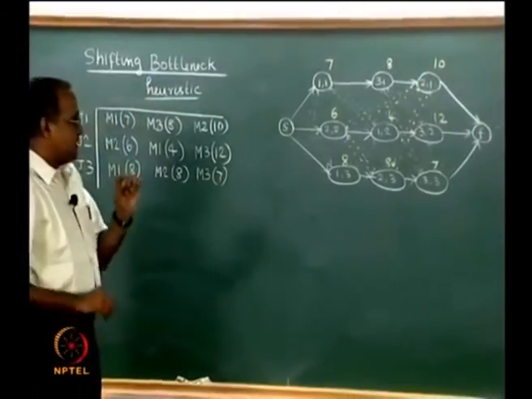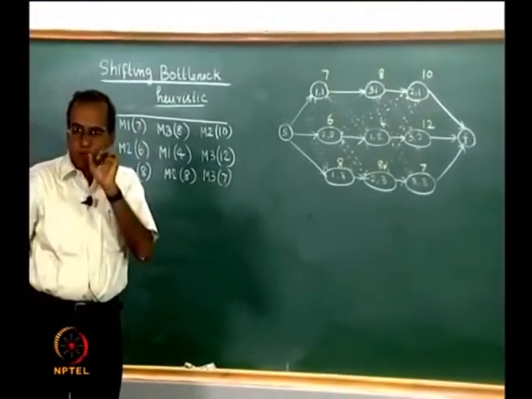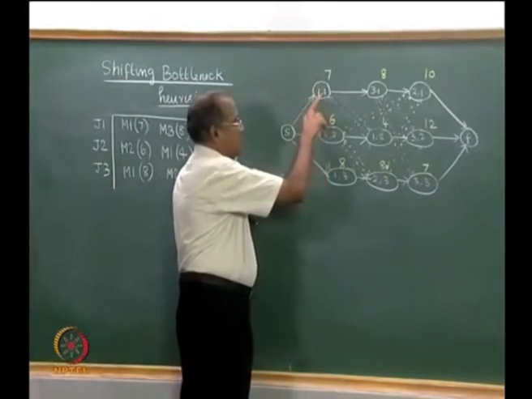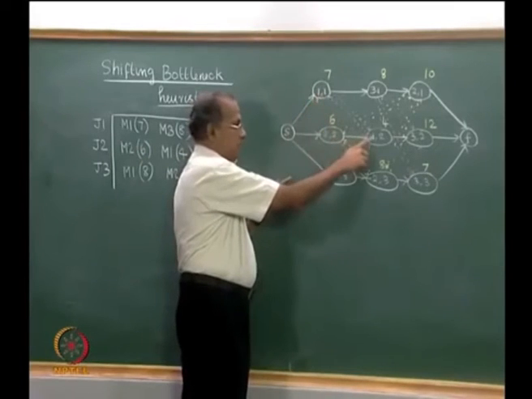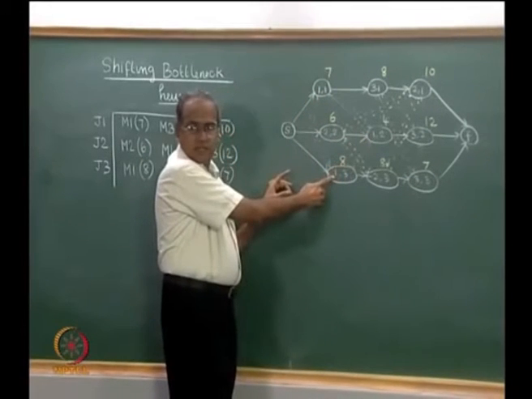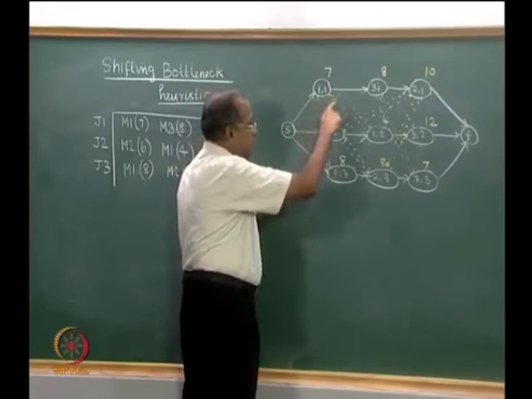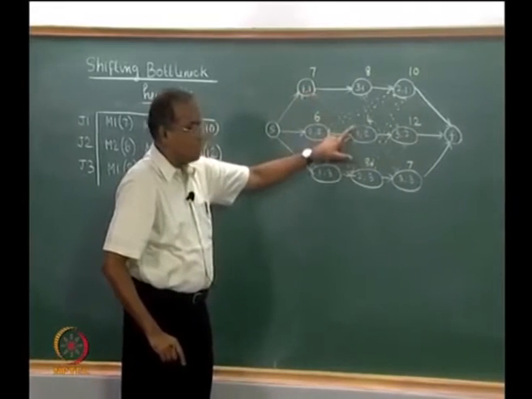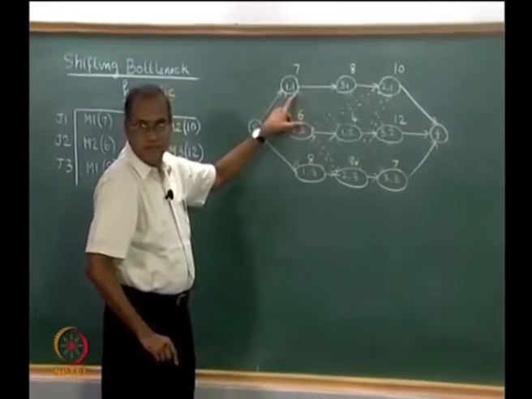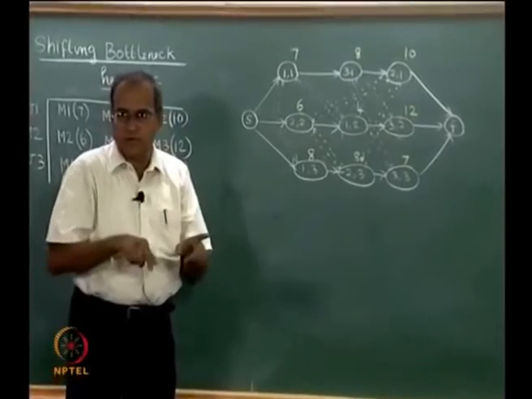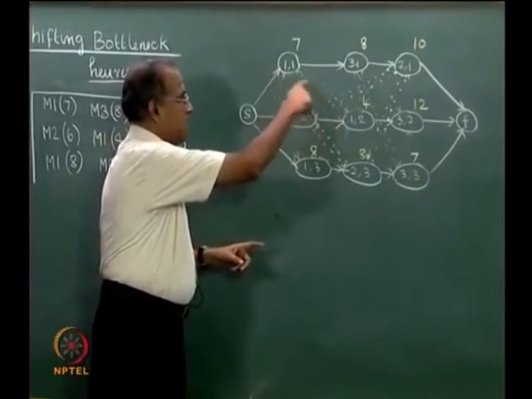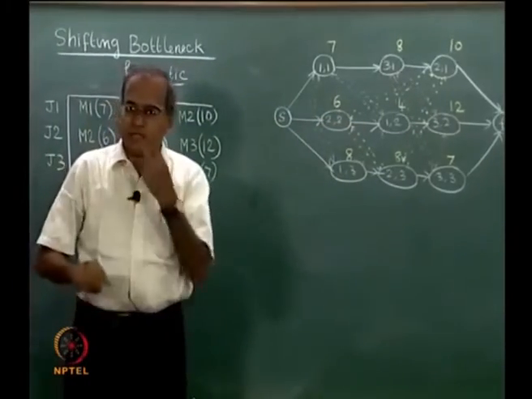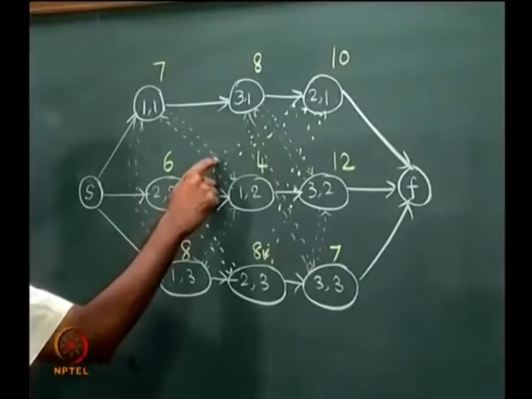For example, since a machine can process only one job at a time, if we take machine 1, then machine 1 figures here for J1, here for J2 and here for J3. So, what we do is we draw 2 arcs which are dotted, joining one to this in this direction and the other in the other direction. So, for every pair we have that. Since we have 3 jobs, we actually have 1 to 2, 1 to 3 and 2 to 3, each has 2 arcs. So, we have 6 dotted arcs.